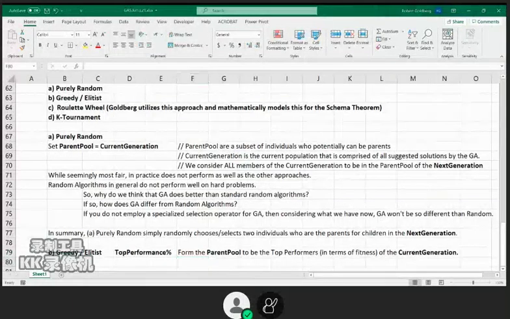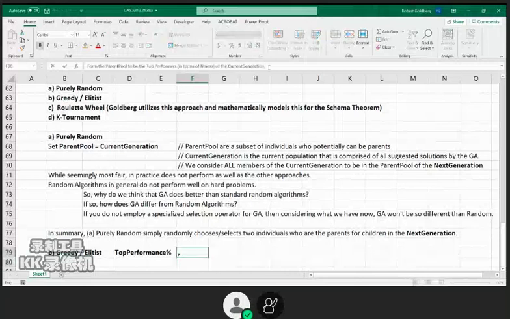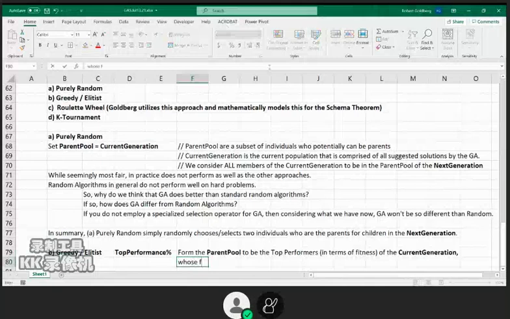Okay? Now, such that, I guess we should say, such that whose fitness is in the top percentage of all the fitnesses of all individuals, right? Fitnesses, let's say in plural, whose fitnesses are in the top performance percentage of, this is our variable,